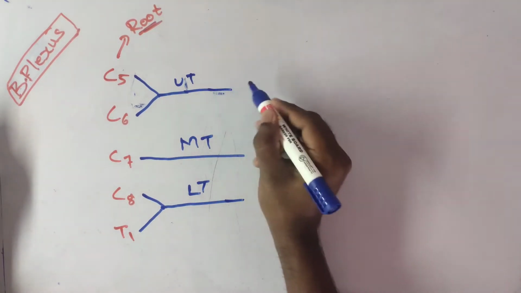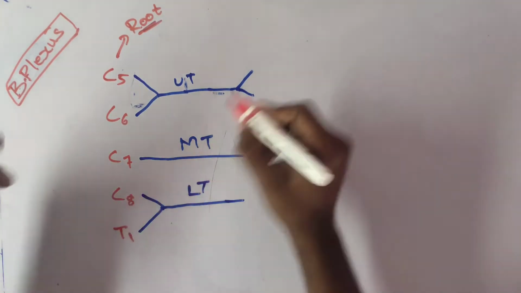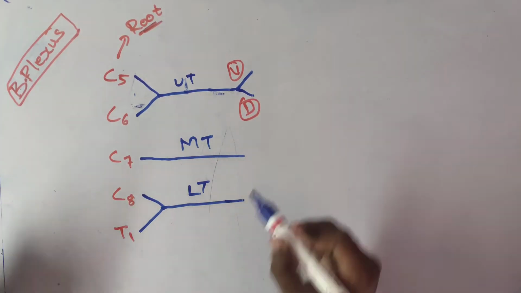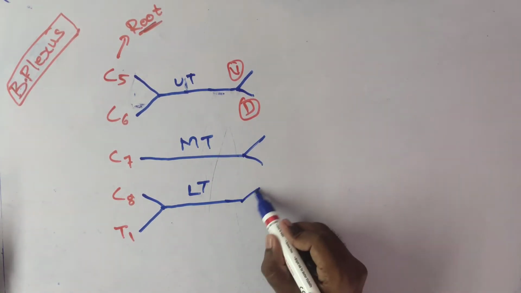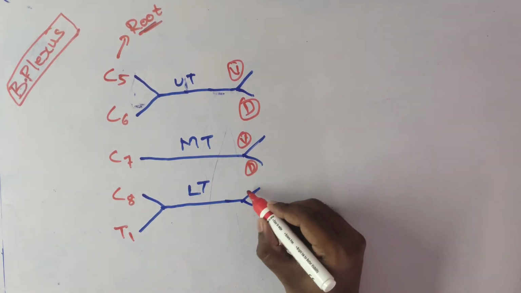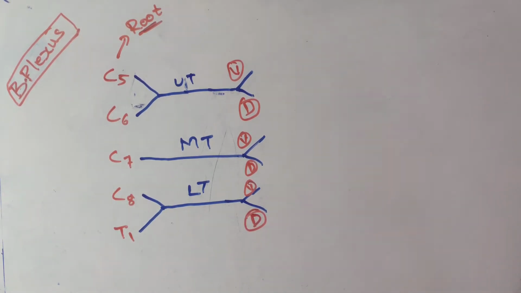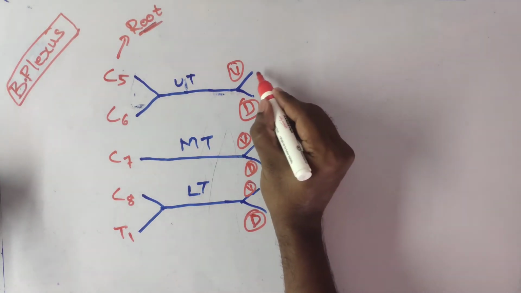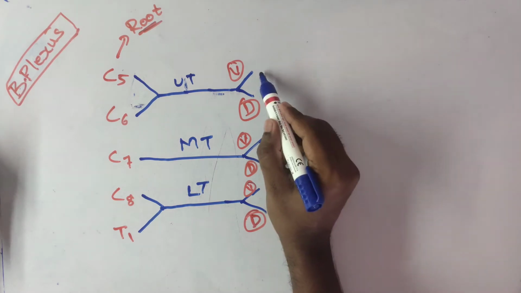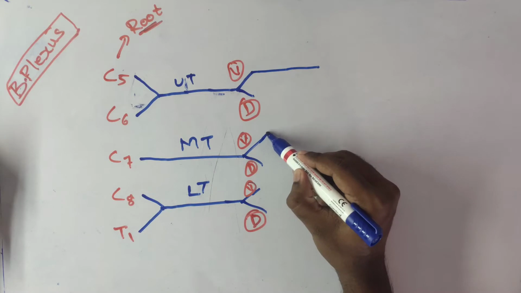See, these are three trunks. Each trunk is subdivided into two parts, ventral and dorsal. The upper one is ventral and the lower one is dorsal. So watch clearly. From the upper trunk and middle trunk, the ventral divisions of the upper and